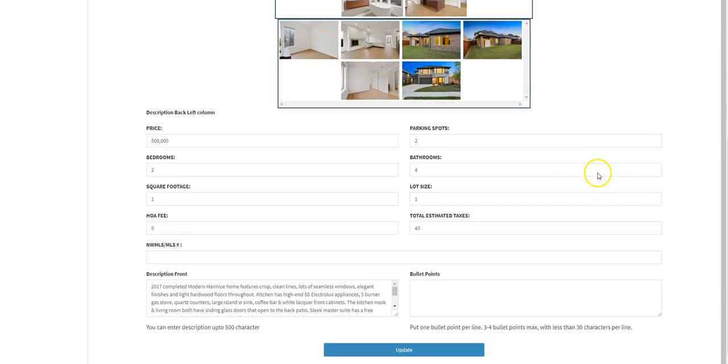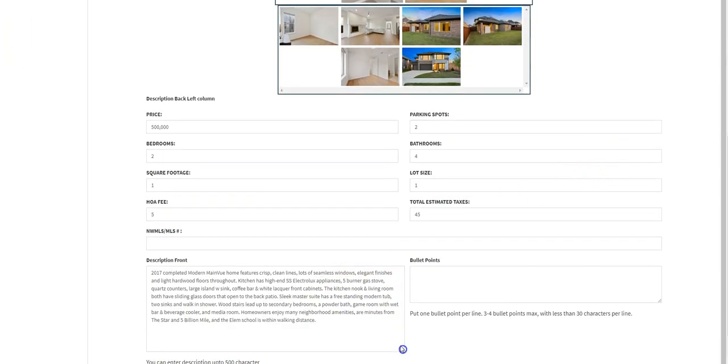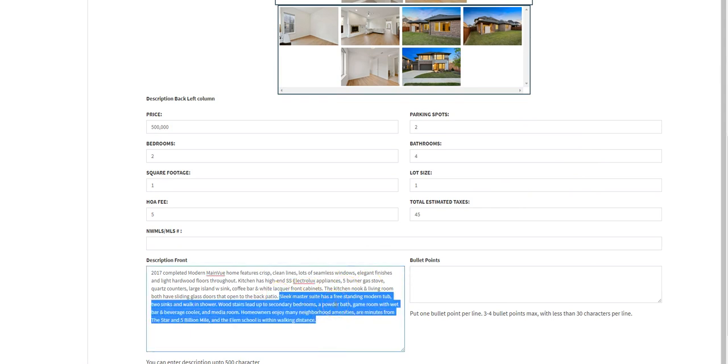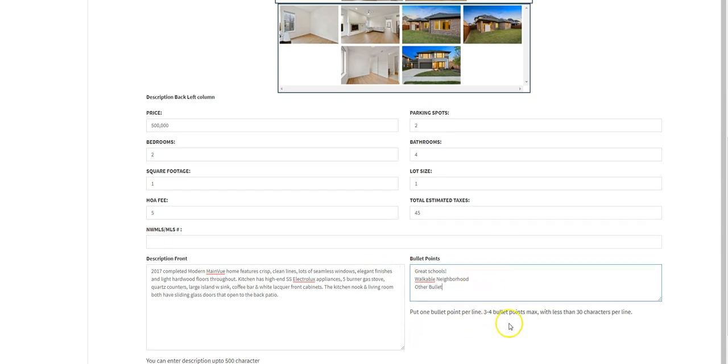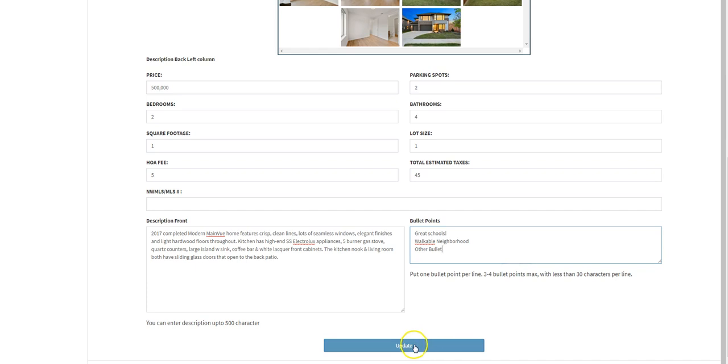So there we go. All this information comes directly from the stuff that we already entered from the listing. But we may want to make this shorter or edit it a little bit. Maybe put some bullet points here, like great schools, walkable neighborhood. Whatever, you can pull that out of the description as well, but just nice things about the place,